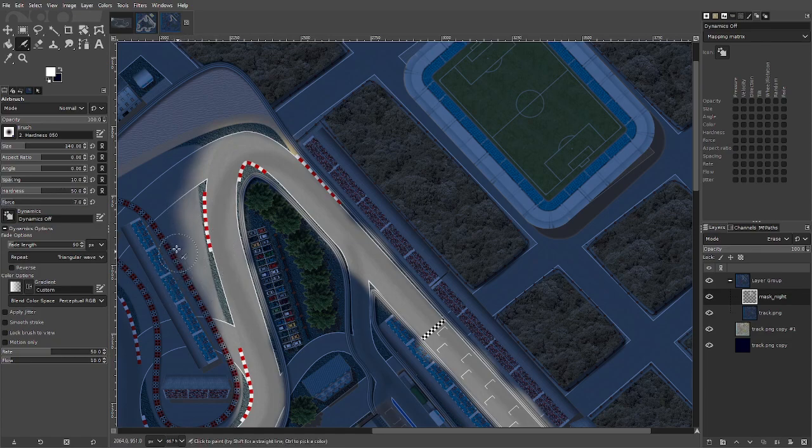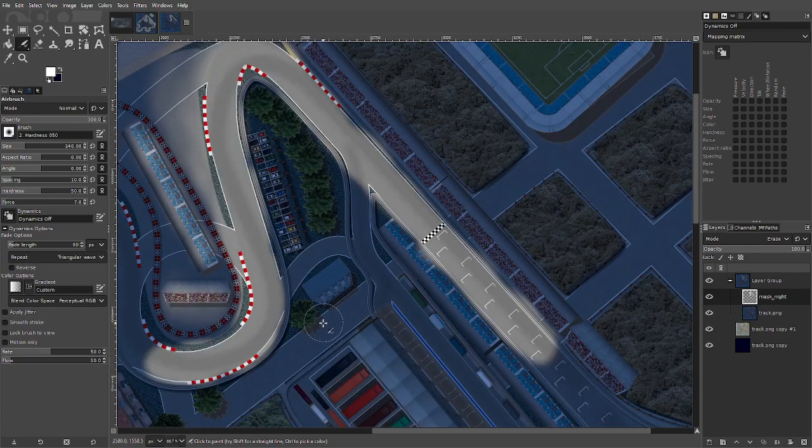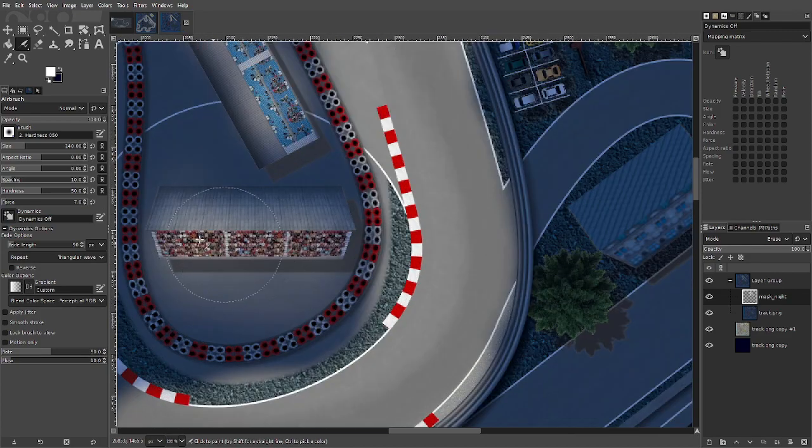Could do this, kind of fade the light. See, the light is fading as it goes out. So there is light here, but it's kind of faded. Same for here. You can kind of have light, but it's faded. Same for stands here. Light kind of fades around it. And it gives a cool effect where you have